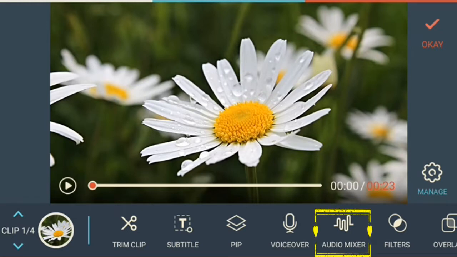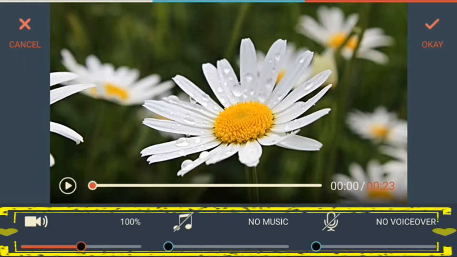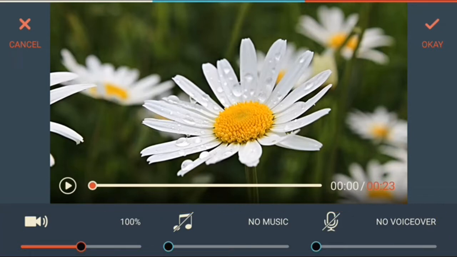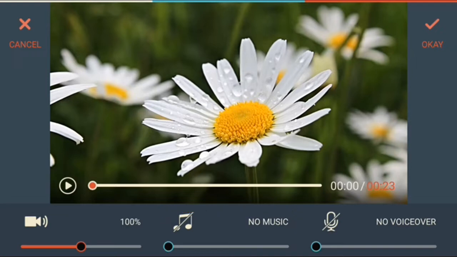Now audio mixer. By clicking on the audio mixer, you will be shown the 3 audio volume controls, wherein the first one is the audio that is attached to the video clip itself, and the center one is the music audio file, and the third one is voiceover audio file. Now since this video clip is having the audio file attached to it, you can adjust the volume of this audio file.